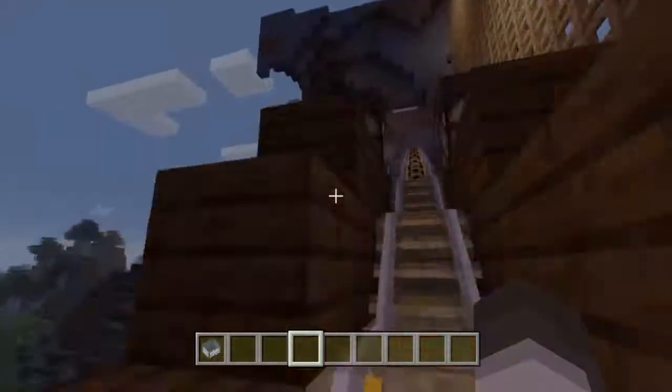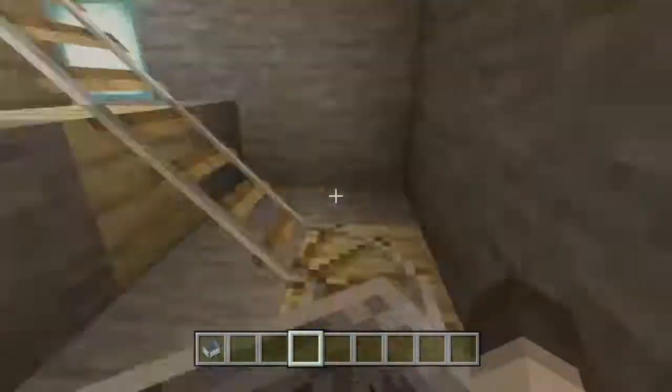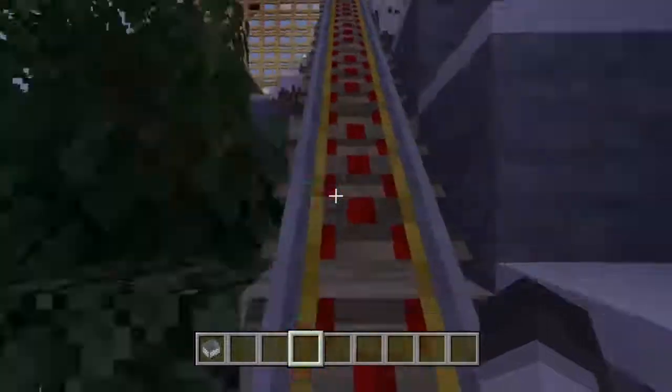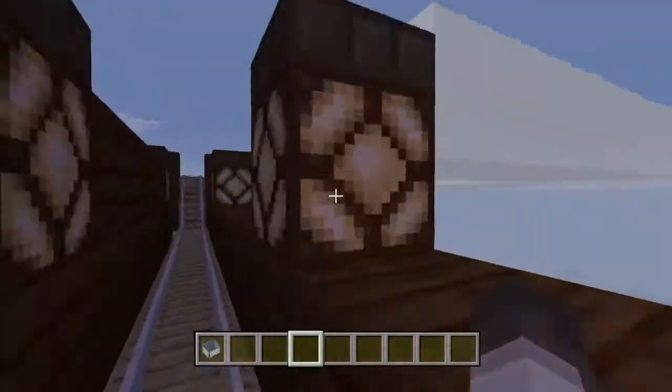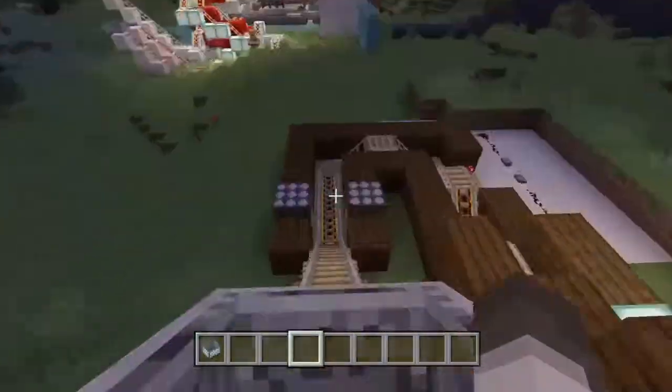And here we press the button. And let's go in. So we have a random villager. So we're going to a cave. This ride took approximately 2-3 hours to make. It was actually very long because I wanted to make the ride look kind of realistic, and make it kind of scary. And so that